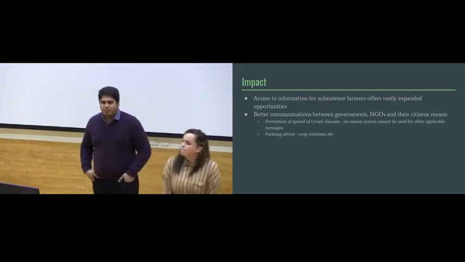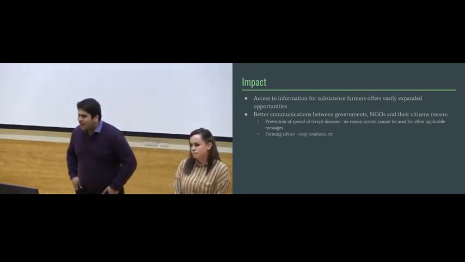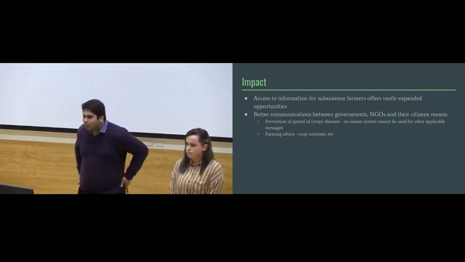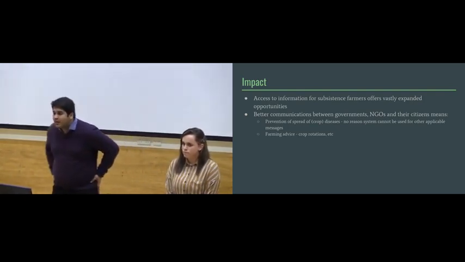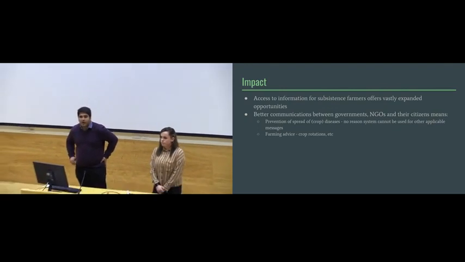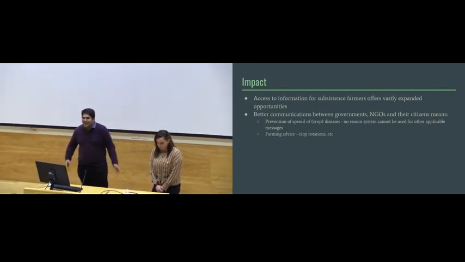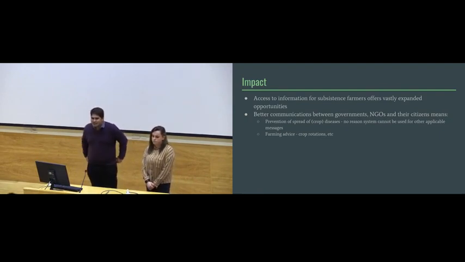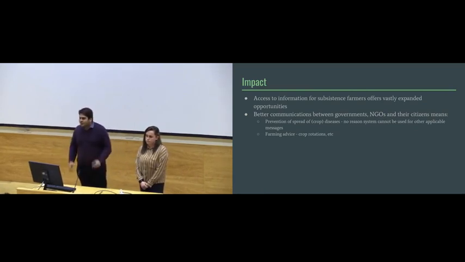So I'd just like to briefly mention the impact of all of this. It's important to say that we're solving a real problem. There are over 2 billion people around the world who rely on subsistence farming. By giving these farmers data, we're giving them the opportunity to have more security and better yields, and to make sure their family can always eat food. More than this, we're offering them opportunities to move beyond subsistence farming, to start to try and sell their crops and knowing what the fair price is to do this.